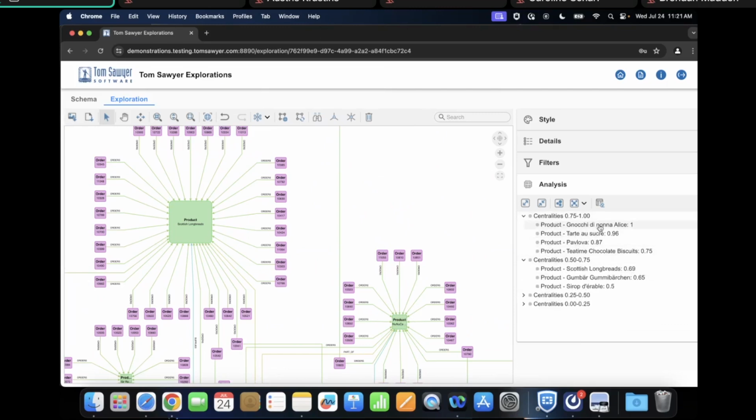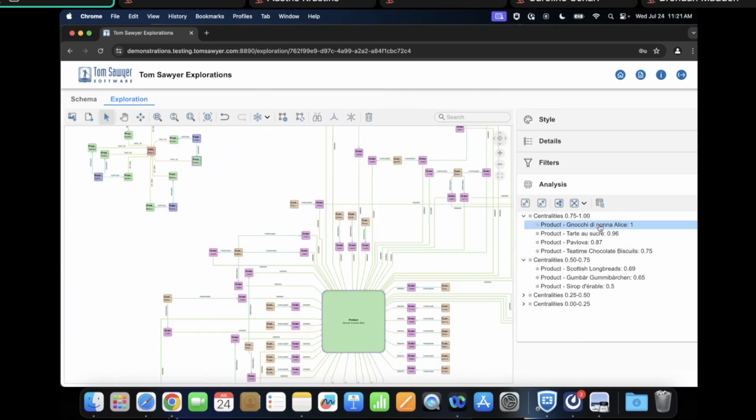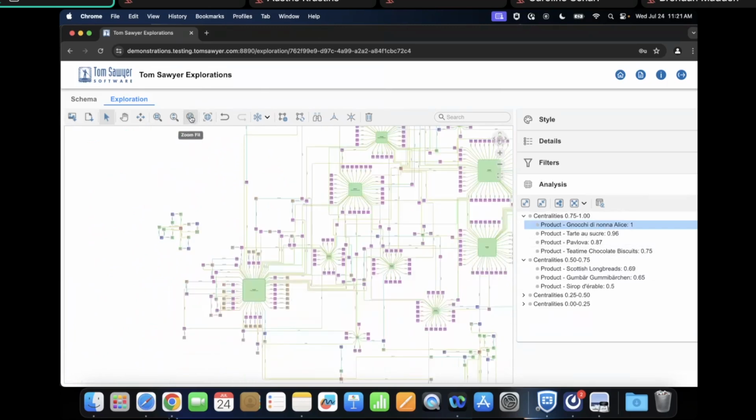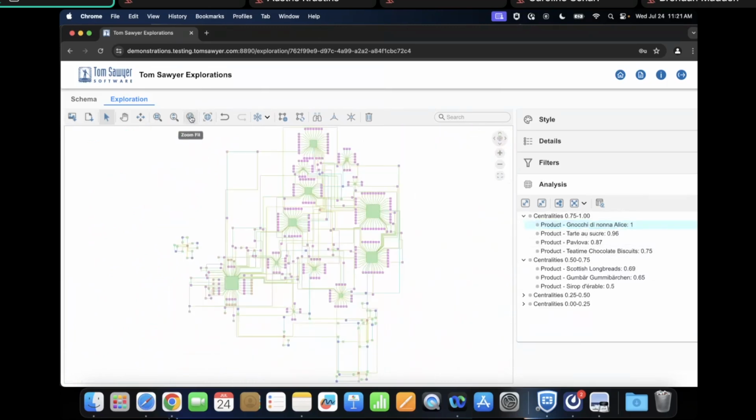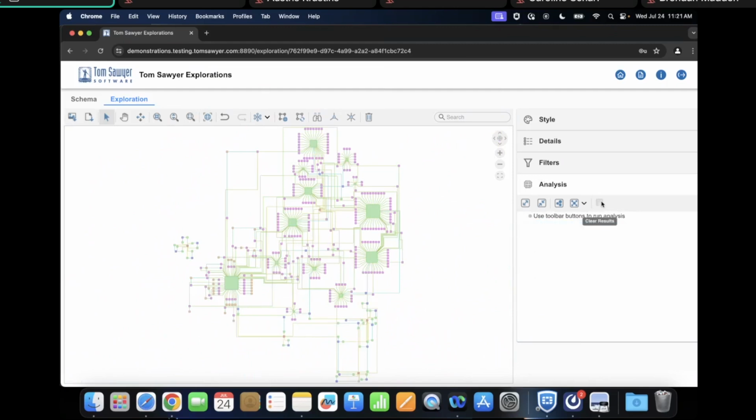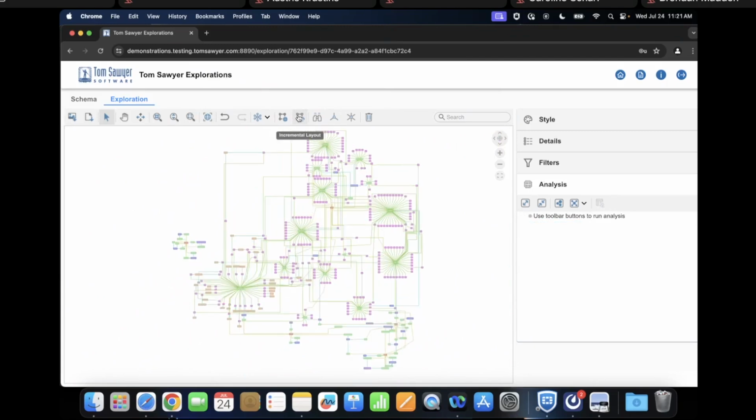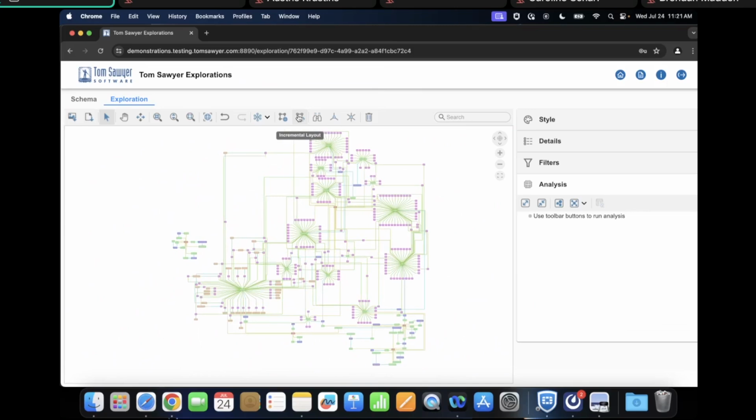And if we want to, we can zoom in to important elements as well. Okay, so let's zoom back out and let's clear some of our results. Okay, very good. All right, and let's zoom in here